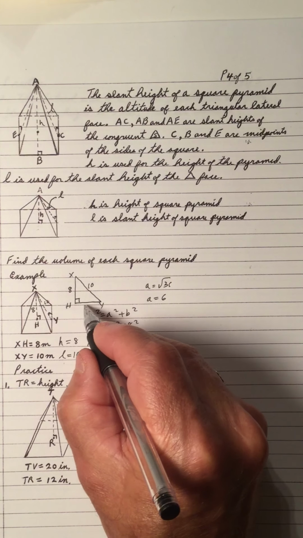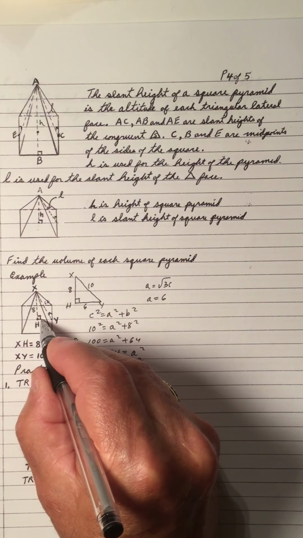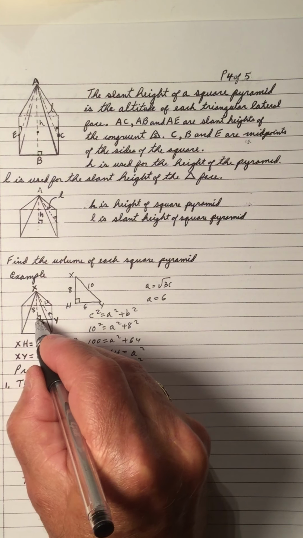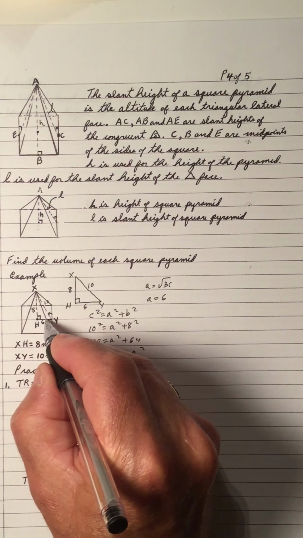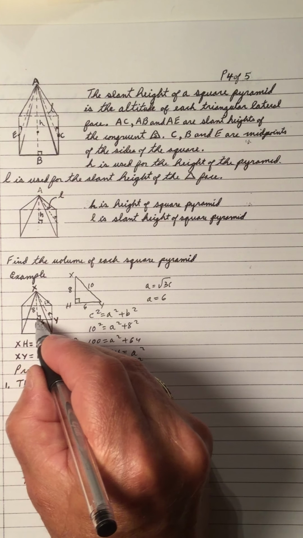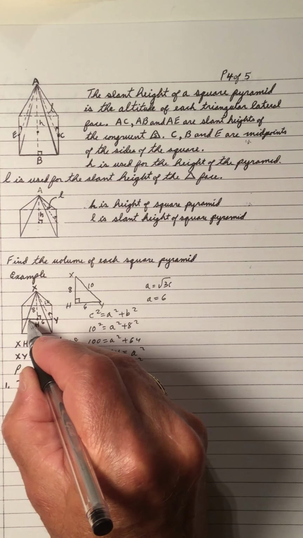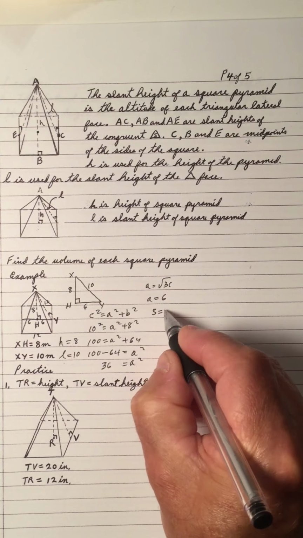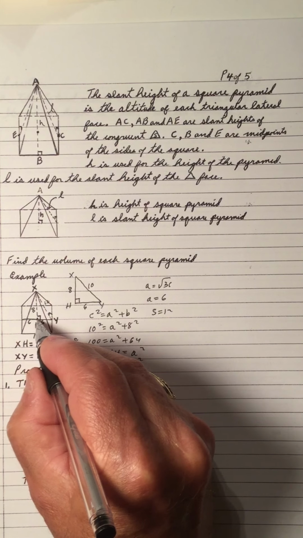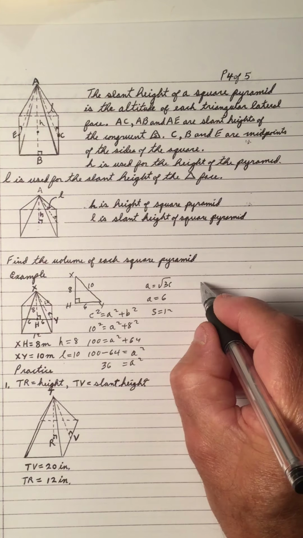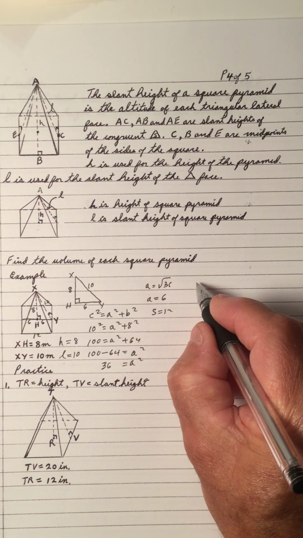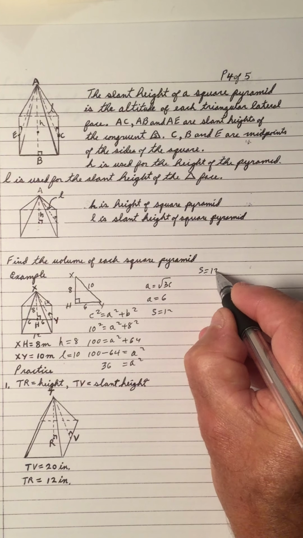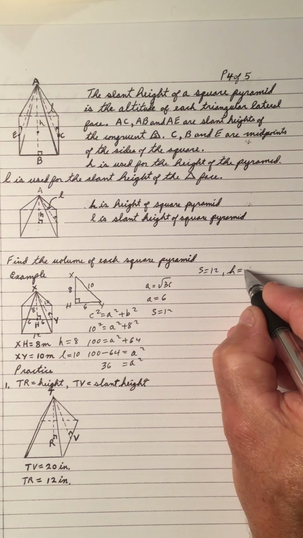So that's a 6, so that means that's a 6 right there. That means if that's in the midpoint, this segment right through here is a 6 and a 6, so that makes the edge 12. So that makes S 12, because that's in the middle. 6 and 6 makes 12. So now we can find a volume, because we have S is 12, and